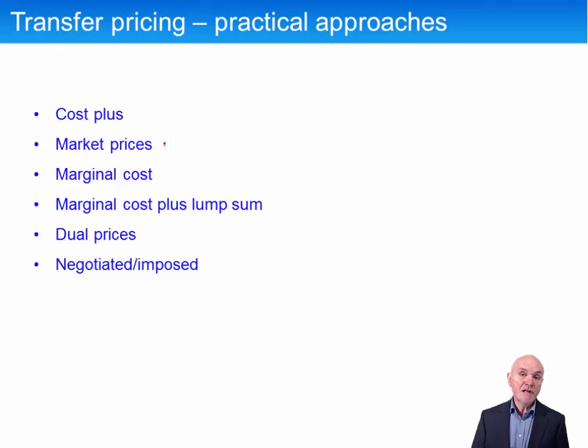And then negotiated or imposed transfer prices. Very often head office has a function in imposing transfer pricing. It's kind of sitting at the apex, if you like, looking at its various divisions, deciding how it wants those two divisions to actually behave, and imposes a transfer price in the hope of getting those divisions to behave in a way which maximizes group profits.